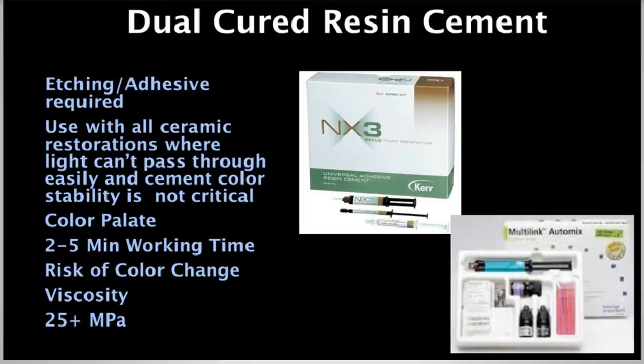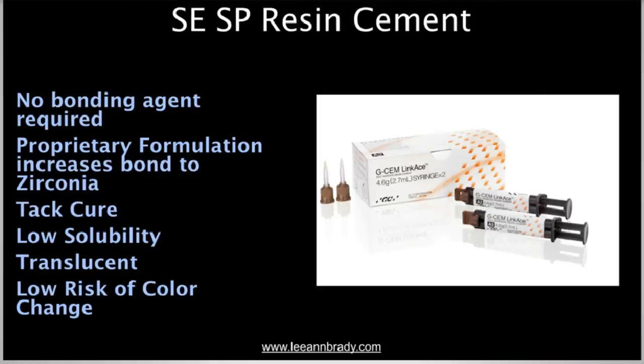But in this same category, I want to go back and talk about the group of materials we called self-etching, self-priming resin cements. And I talked about them under the category of cementation, because if you're using this material, GSEM Link Ace, under a porcelain fused to metal crown, that is a cementation process. But this is a material, just like a lot of our dual cured materials, that has light curing capability. It has dual curing, chemically driven polymerization,